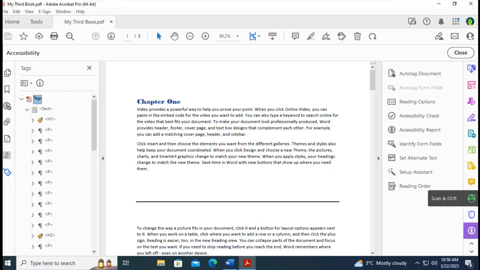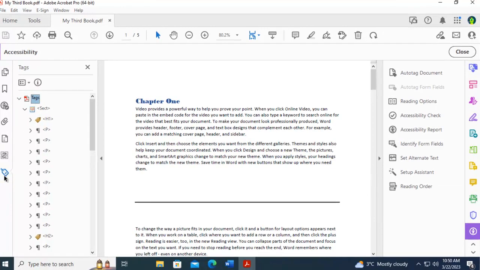Let's learn Adobe Accessibility. To create a perfectly accessible PDF file, all of the blank or empty tags do have to be removed or marked as artifact within the document. How do we do that? Well, it's rather simple. I have a document up here, and I have come to the side and opened up